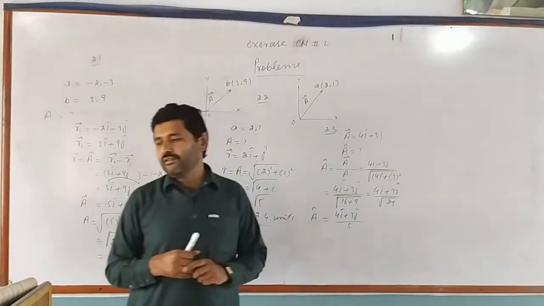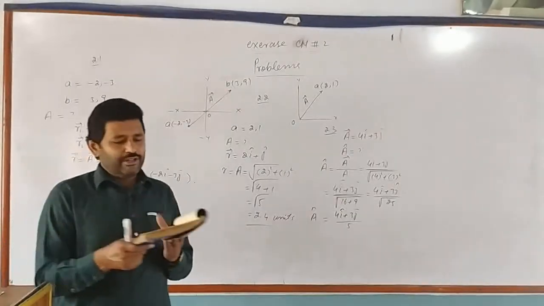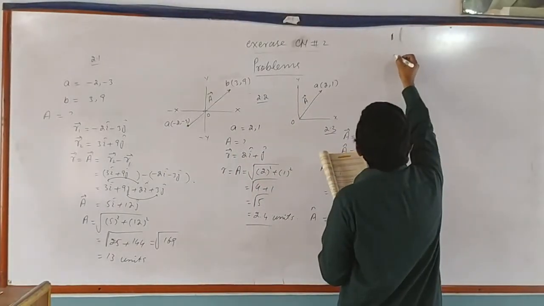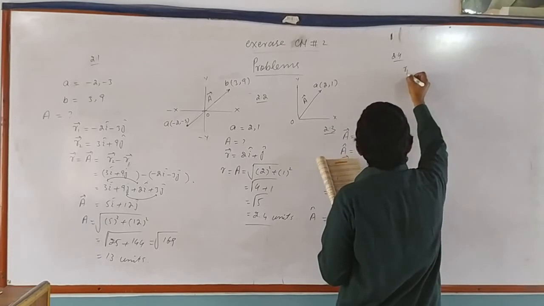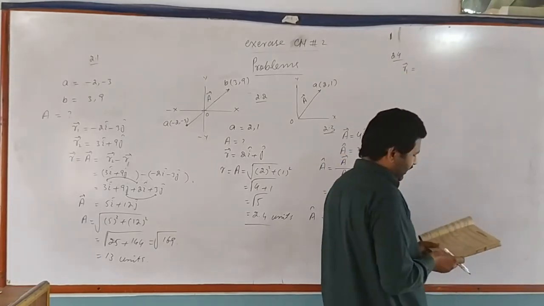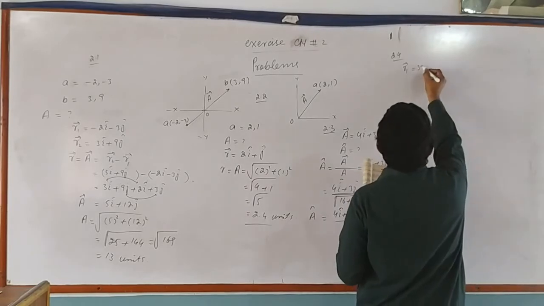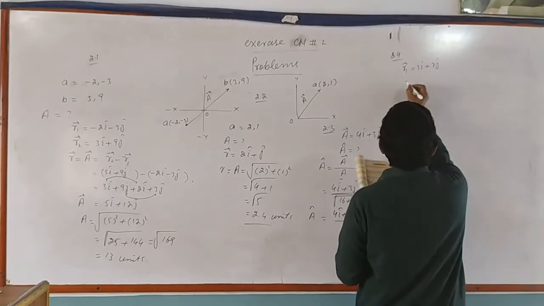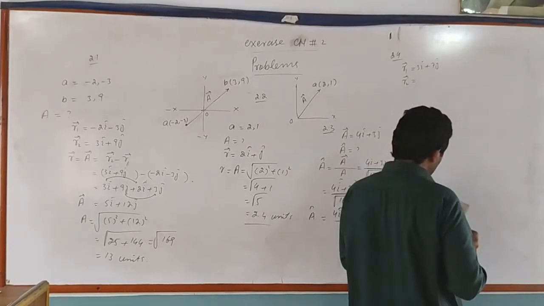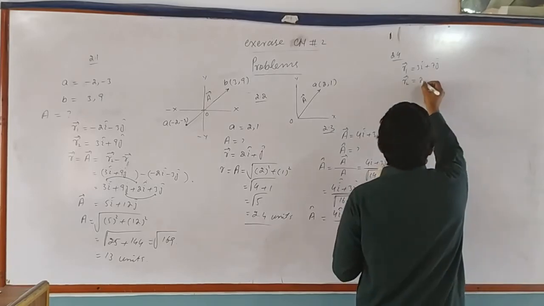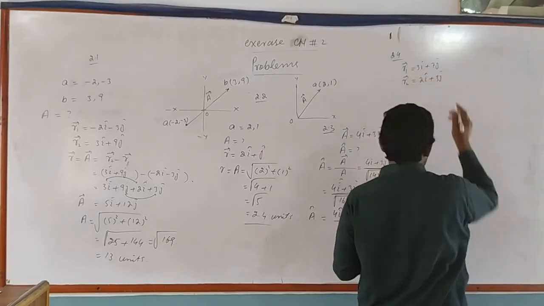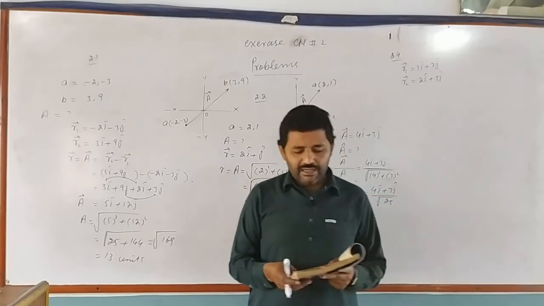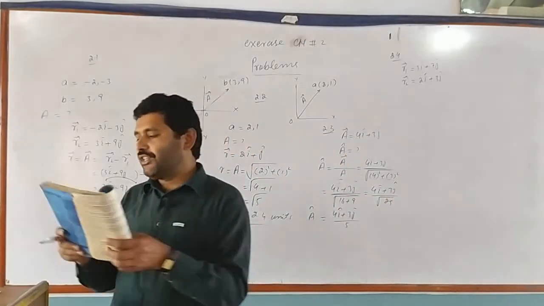Dear students, numerical question number 4 is, two particles are located at position vector R1 equal to 3i unit vector plus 7j unit vector. Similarly, position vector R2 is equal to 2i unit vector plus 3j unit vector, respectively. Find both the magnitude of the position vector R2 minus R1 and its orientation with respect to the x-axis.